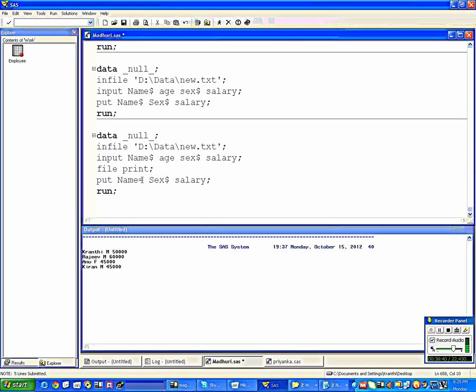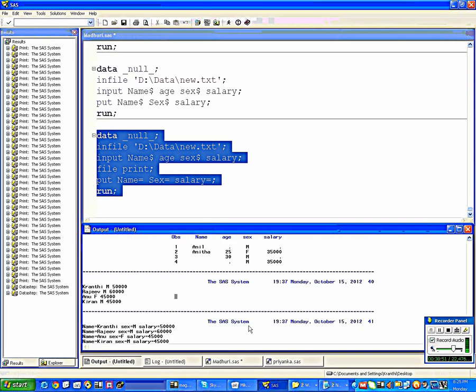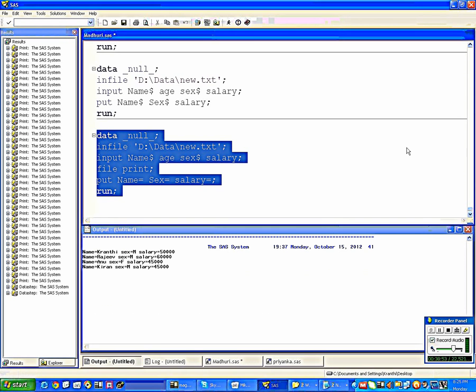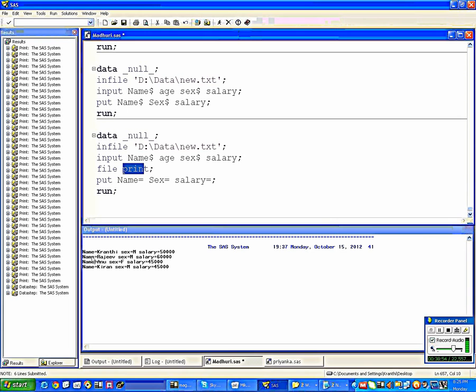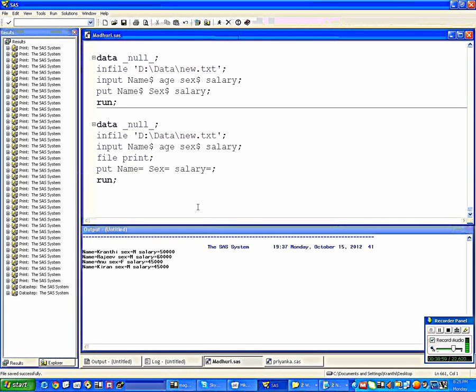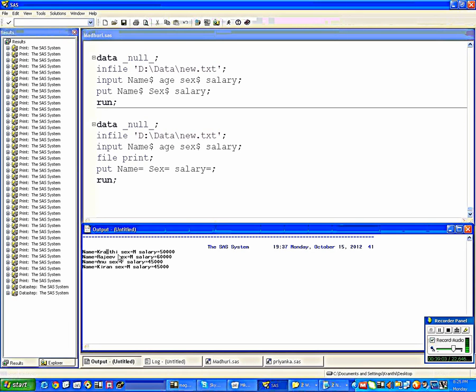Okay. And one more thing, you can use the named output also. Named output means after each variable name, if you use the equal to sign, then it prints to the file like this. Each observation contains the variable name: name equal to Kramti, sex equal to male, salary equal to 50%. Again, name equal to Raju, like this.